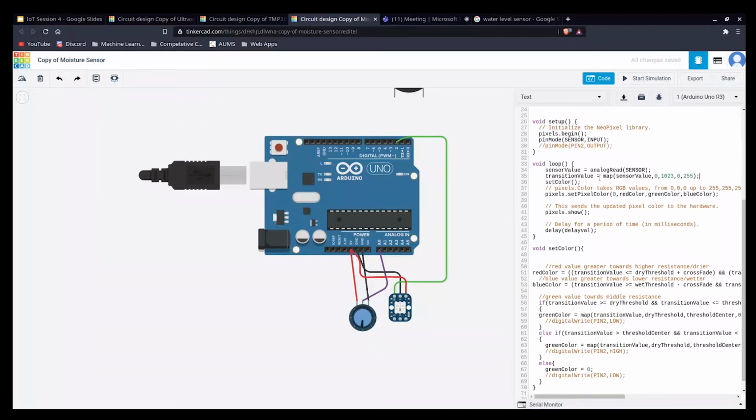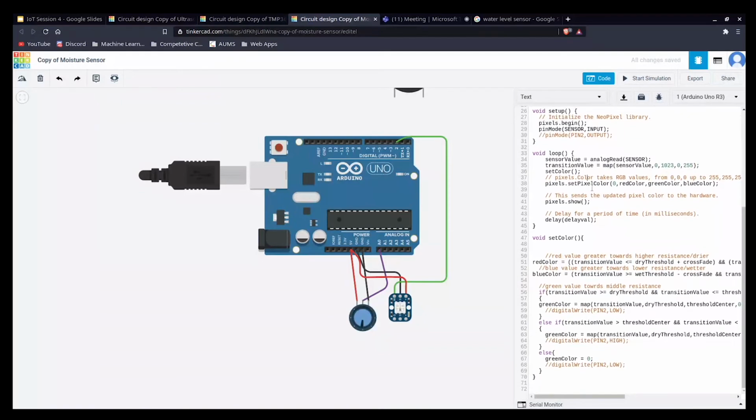Here, with the help of the map function, we are converting it into the range of 0 to 255, and then we are calling the function set pixel color for setting the color, and with the help of the show function we'll display it.